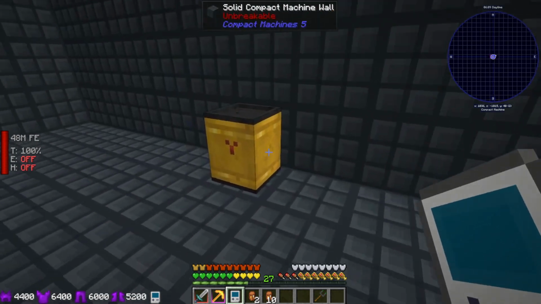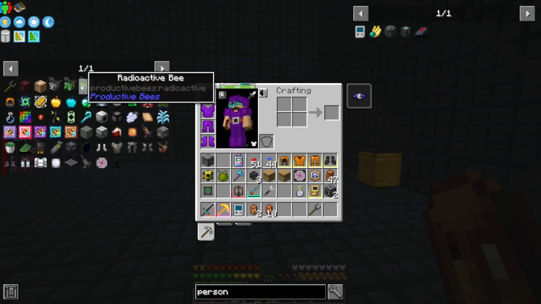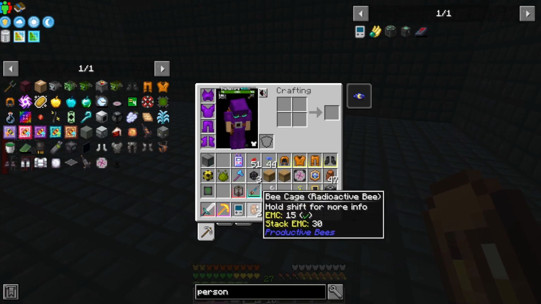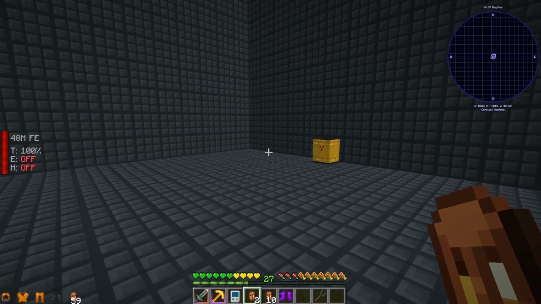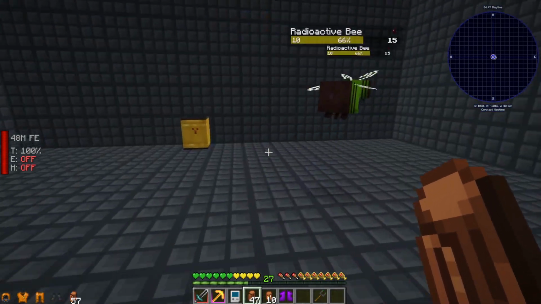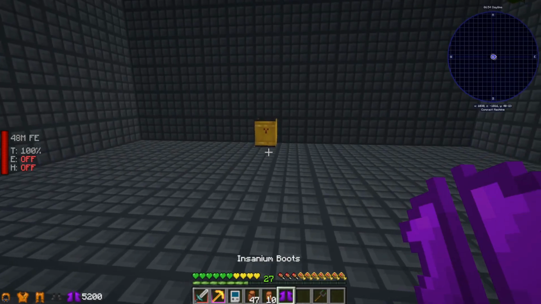Okay, so we've got nuclear waste in here, and we have radioactive bees. We are trying to get the wasted radioactive bees by them absorbing radiation from the surrounding area, which, if you've read that, requires us to have radioactive bees. We're going to put on the hazmat suit here. And we are going to set out a couple radioactive bees. I want to get a couple wasted radioactive bees